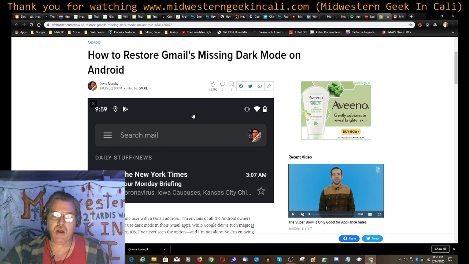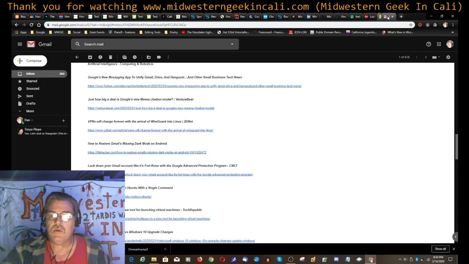And that came along with Android 10 system-wide dark mode. That was kind of a big deal. I've got it on my Droid. And this is really important. So apparently there was an issue with some kind of update that broke dark mode in Gmail, and this is a fix for it. So go take a look if you're having issues with Gmail not running in dark mode on your Droid. That article is for you.